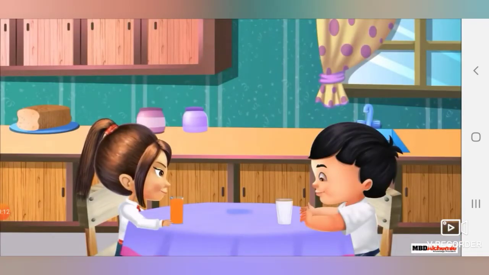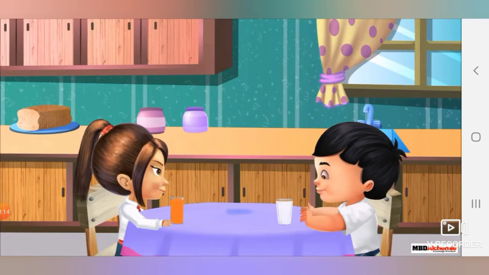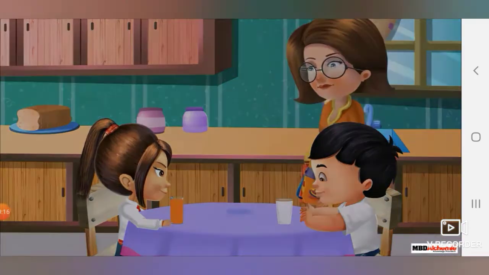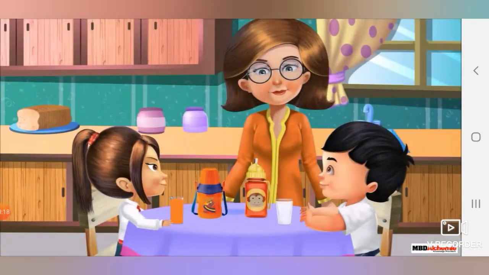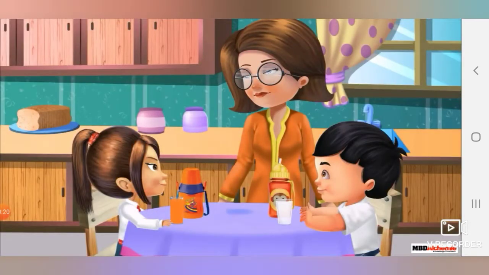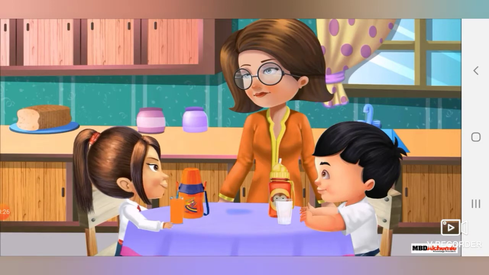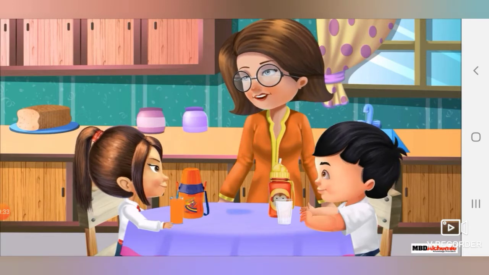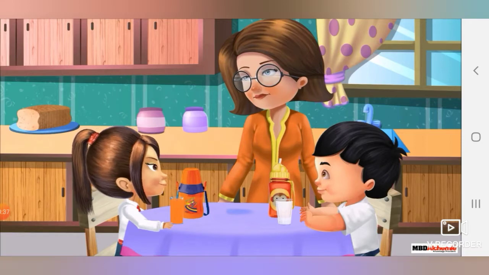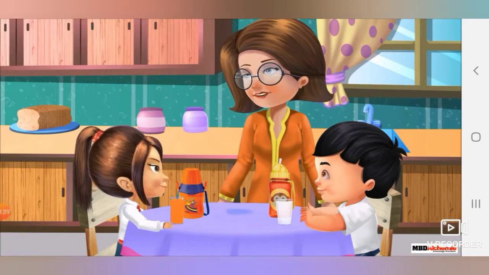Sid and Alicia are getting ready for school. Mom entered the room and gave them new water bottles. Alicia said, "Mom, Sid's bottle is looking bigger than my bottle. So will my bottle hold less water than Sid's bottle?" The mother told that the capacity of both the bottles is 1 liter, so they will hold the same quantity of water.